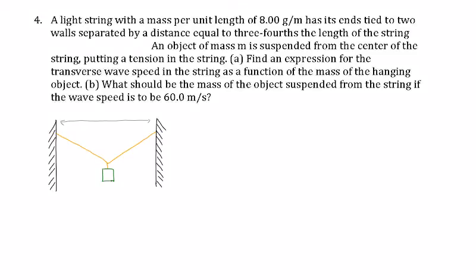Let's start with reading this problem and identifying our givens and the questions. A light string with a mass per unit length, meaning the linear mass density mu, has its ends tied to two walls separated by a distance equal to 3/4 of the length. I'm going to denote the length as a capital L, and the walls are separated by 3/4 of the length